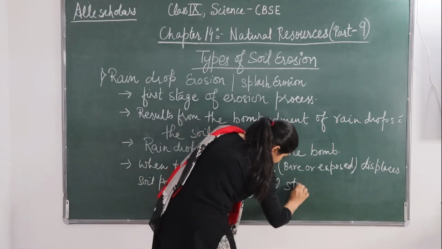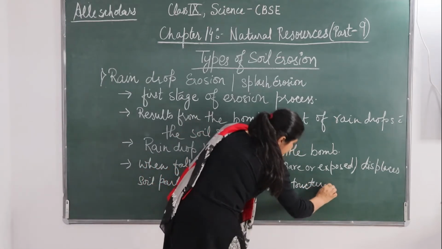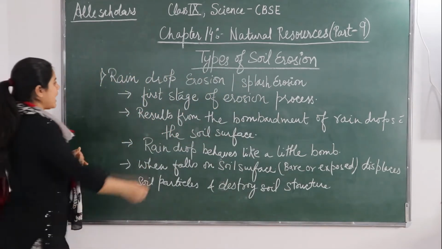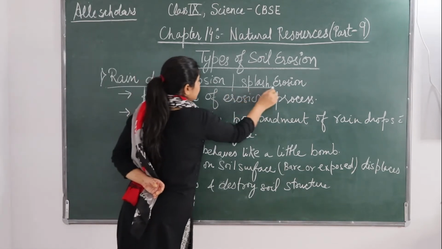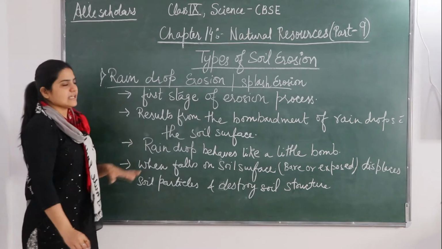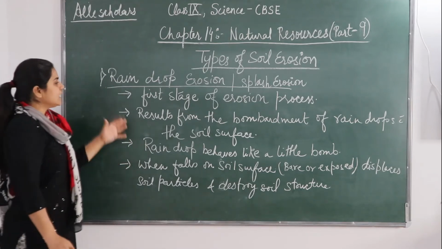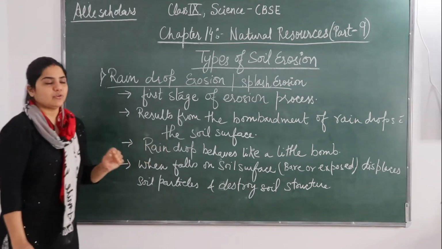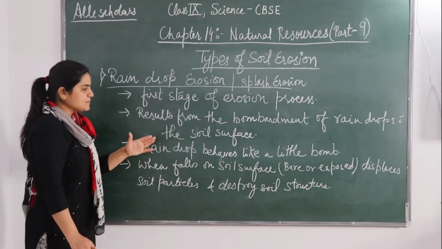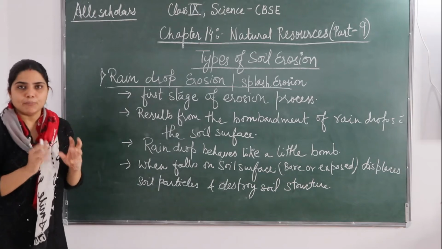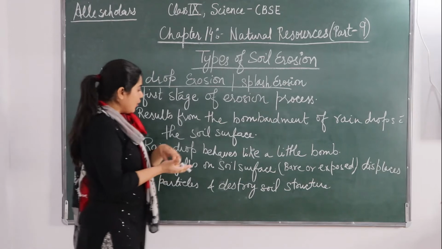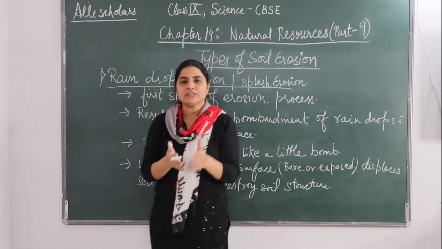So what is going to happen in raindrop erosion and splash erosion? It is the first stage of the erosion process, resulting from the bombardment of raindrops with the soil surface. Raindrops behave like a little bomb, so when it falls on the surface of a bare or exposed soil,